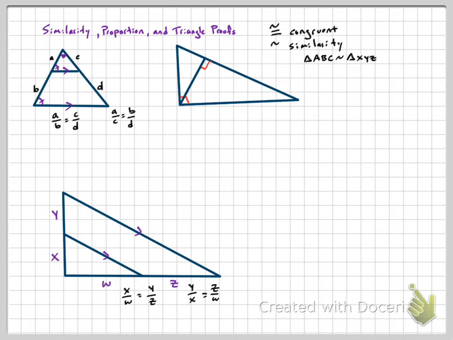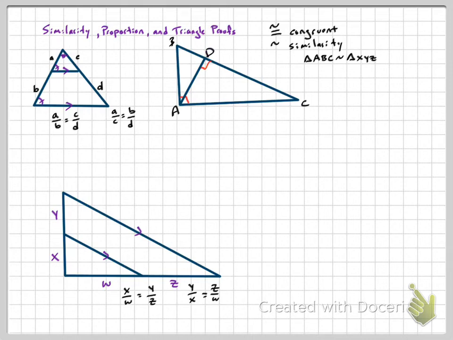When you draw in an altitude to a right triangle, you create two similar smaller triangles. So if you notice, this diagram has 1, 2, 3 right triangles. And all 3 of those triangles are similar. Now the easiest way to know what sides correspond with what is to think about it as hypotenuses, long legs, and short legs. So if I label these vertices A, B, C, and then D,